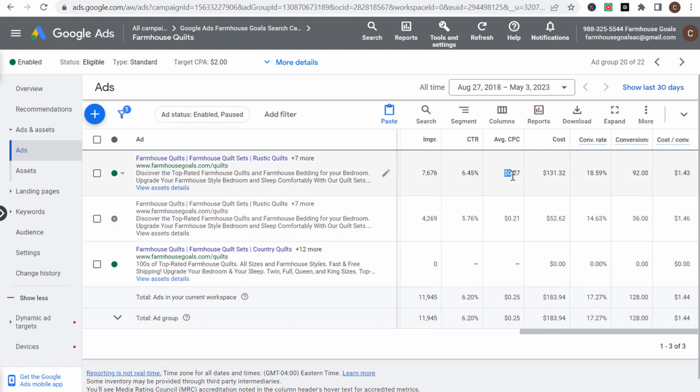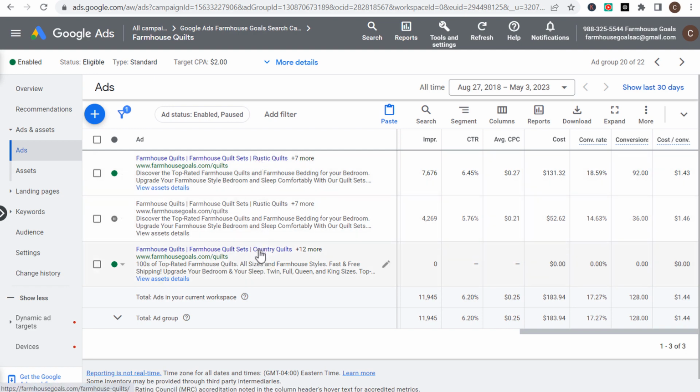So even though the average cost per click is higher, every other important metric is telling us this is a better performing advertisement. So now what we can do is pause the lesser performing advertisement, create a new advertisement, and hopefully beat this performance with our new advertisement. When you're running Google Ads campaigns, you always want to be testing and optimizing. So right now, the other thing that you can do is we have these 2 advertisements running going to the